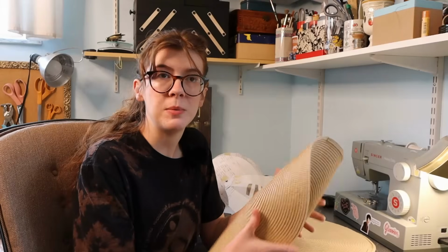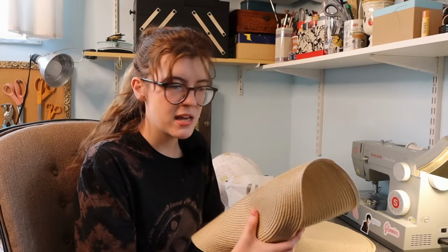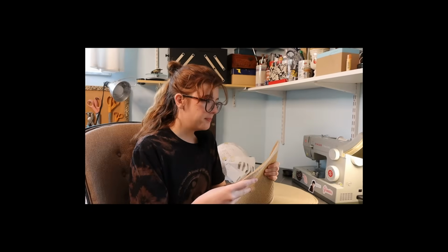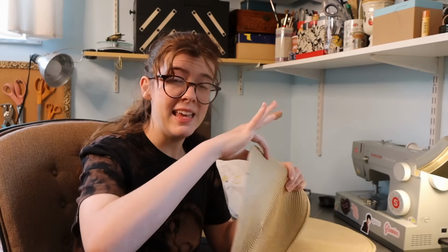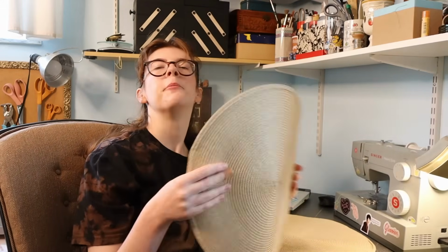Like I said, the pattern is meant to be cut out of EVA foam, and typically with EVA foam you would use contact cement. This is not EVA foam, so my plan is to try and sew it together. I don't want a seam allowance because that's just going to be too thick and bulky, and I don't think I can press this nice. So what I'm going to do is sew twill tape along the edges, and then I can use that as the seam allowance. I'm going to start cutting out my pattern pieces and we can start sewing this together, which I predict will be